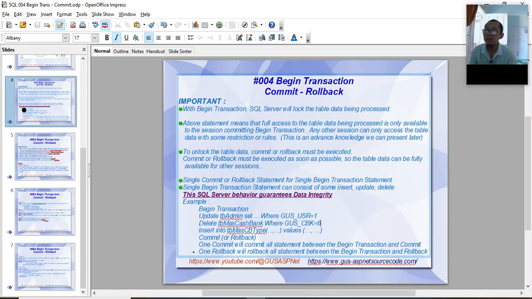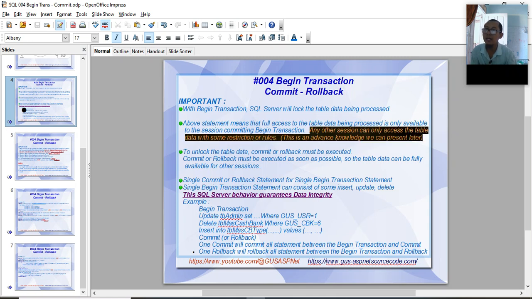We see here that any other session can only access the table data with some restriction rules. This is advanced knowledge we can present later.